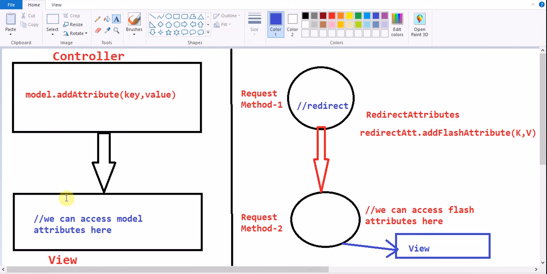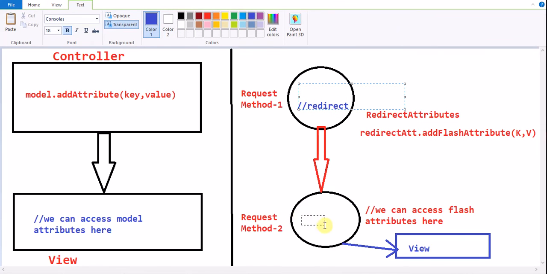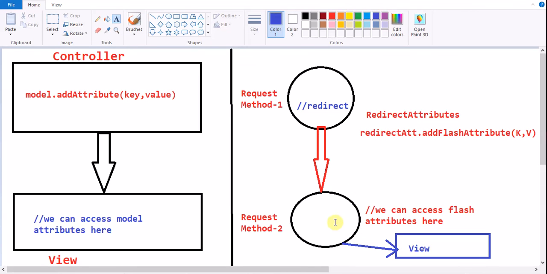So earlier, when I submit a post request, it goes to the controller. In the controller, we are using model.addAttribute to store the data in the form of key and value. Then the controller directly returns the view name. In that view, we can access that model key to print the message. But here what is happening? The request goes to the controller method that has the logic to store the message in the model scope, but it is redirecting to another request method. So whatever data is stored in the model scope of request method 1 is not available to request method 2. That is the reason we are unable to get that message in the view.